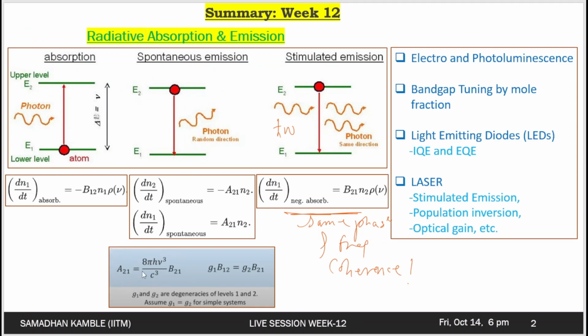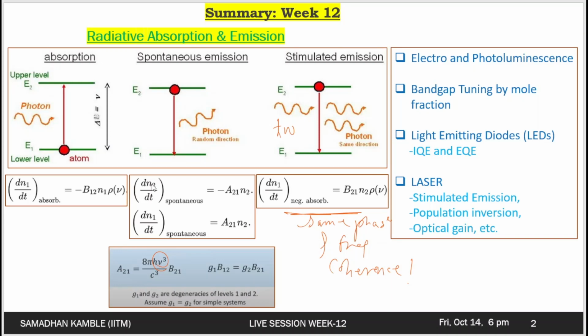for the expressions for A21 and B21, there is a term of frequency. So frequency dependence is seen here. Everything else is a fundamental constant, but the spontaneous emission seems to increase as a function of frequency. So it is directly proportional to the frequency cube. This is very important because we have seen red lasers, green lasers, but it is quite difficult to build blue lasers. And if you know that the frequency of red lasers is low and